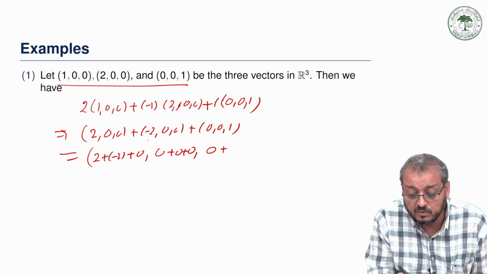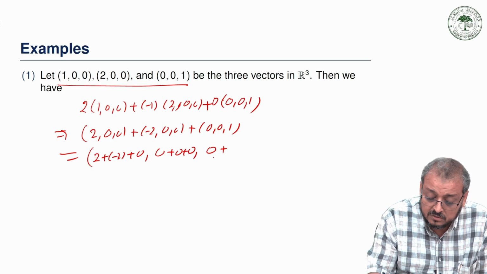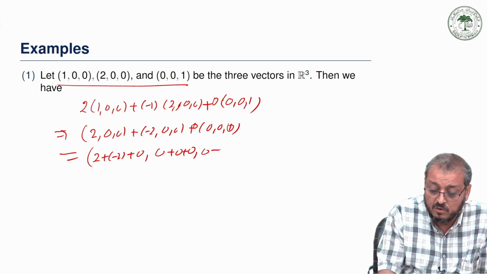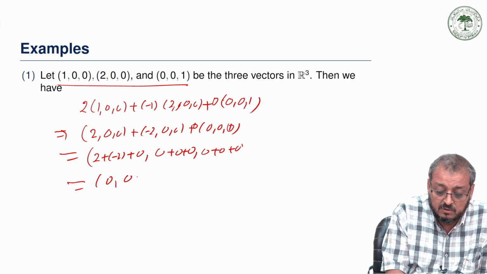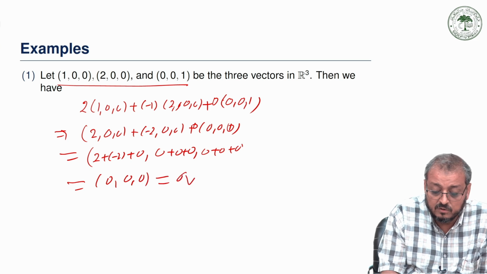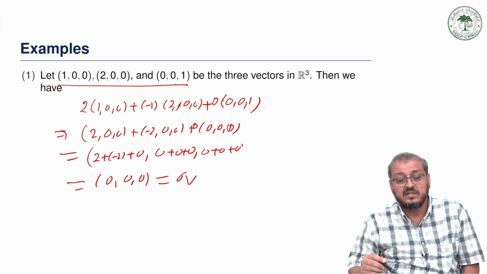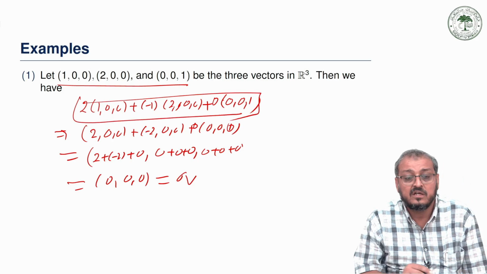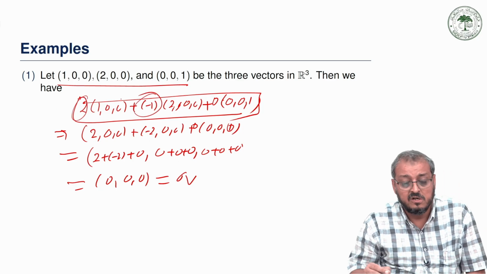sorry, this is equal to 0. So, we have to take a 0 element here. So, this is nothing but 0 plus 0 plus 0, and this gives 0, 0 and 0. So, this is nothing but equal to the 0 vector. So, that means we can take 3 elements, and this linear combination is clearly a non-trivial linear combination, where this scalar is non-zero, and this scalar is non-zero,